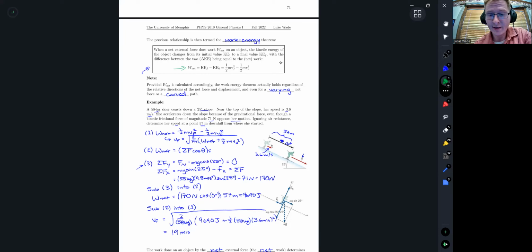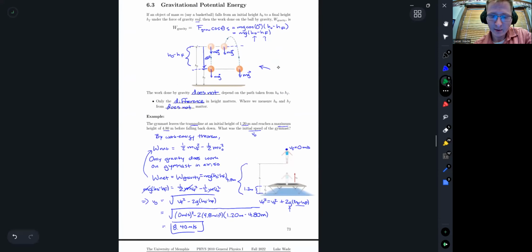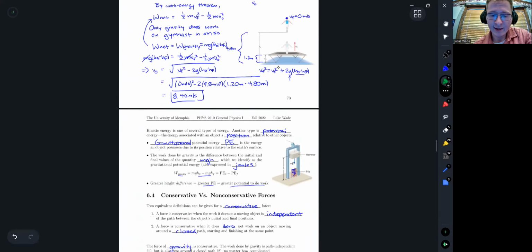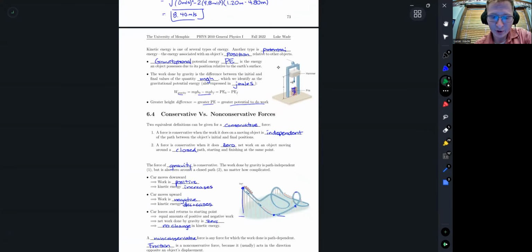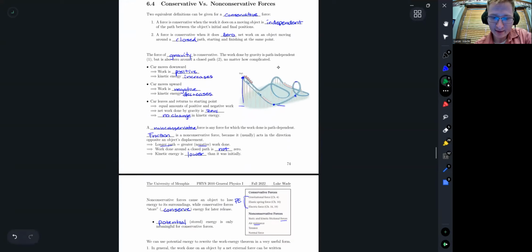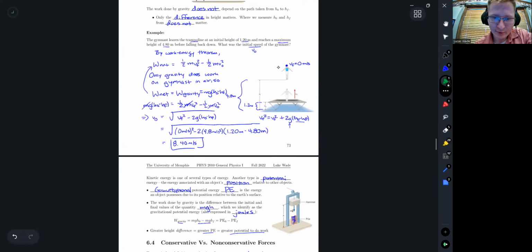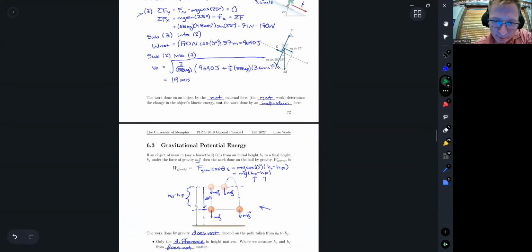Normal force is actually a non-conservative force. The answer here is that gravity is the only conservative force we have done anything with so far. The relevance of that is that for conservative forces, you can define a potential energy. For gravity, that potential energy is mgh. And if we kind of go through this, so I guess as far as what to focus on,